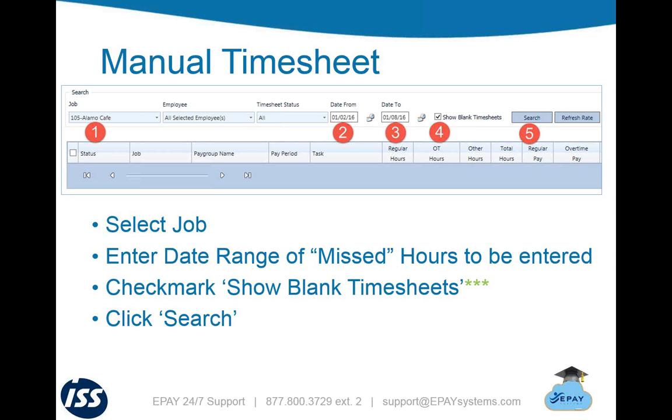This is going to bring up a listing of all the blank timesheets that are in the system. Notice I said blank timesheets. The reason manual timesheets requires this is because the system will not go back and pull up a timesheet that you did in the past. I think that is one of the, I don't say confusion, but maybe miscommunications in the field: when you come to the screen, if you do not check that blank timesheet, this is going to pop up. You have to physically click that number 4 here, which is Show Blank Timesheets, then click Search